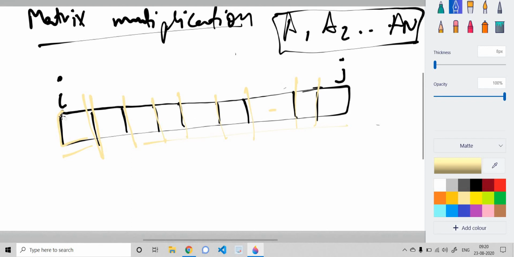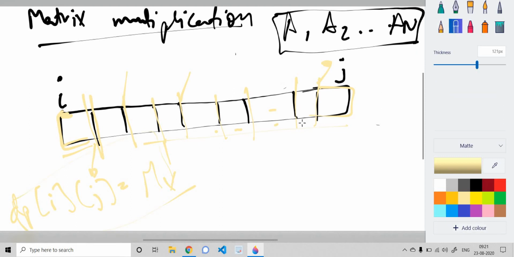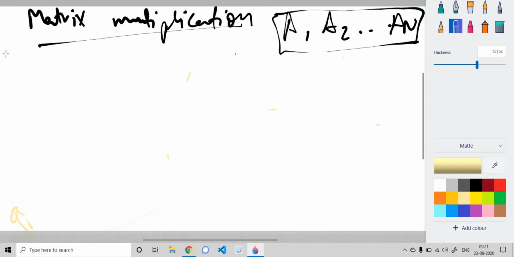For each of these sets of stones, I want to maximize the score of Alice. So I would be considering all such cases where, suppose I'm dividing from here, and so on, and I would be taking the value of it and saving it in a dp, which is dp[i][j]. Suppose I got the max value as mx, and then I keep on going forward. Let's see how I am building up my DP.